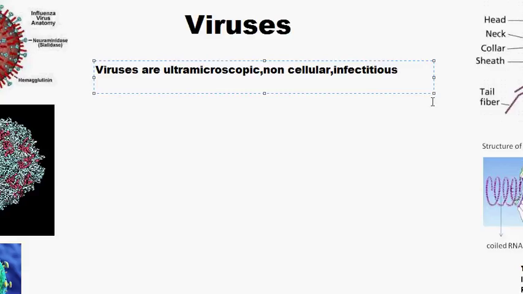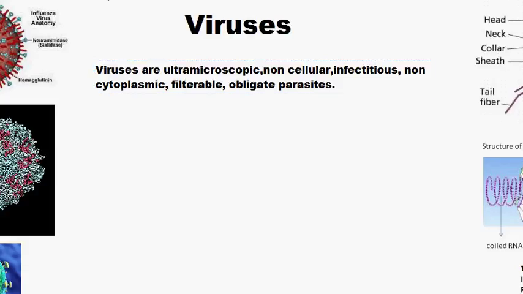So let me write these terms also here. Non-cytoplasmic, they are filterable, and they are obligate parasites. Okay, so those were the characteristics of a virus, or you can put all those characteristics together and make the definition of the virus on your own. So let us understand each term one by one.